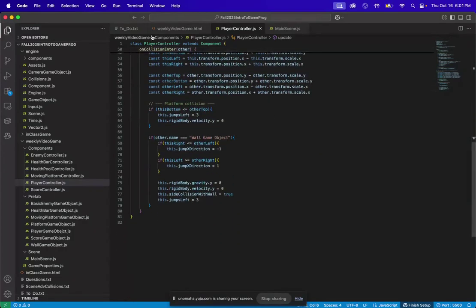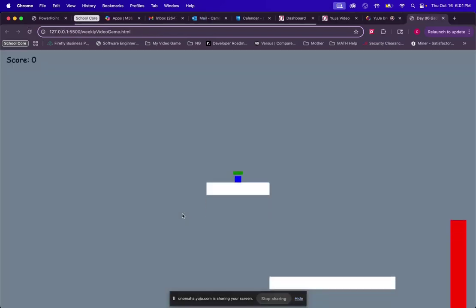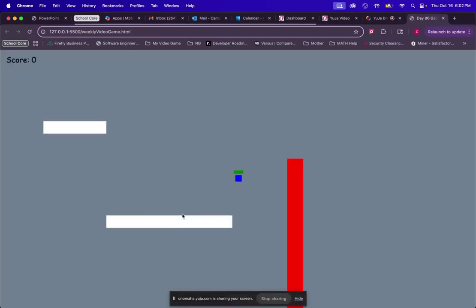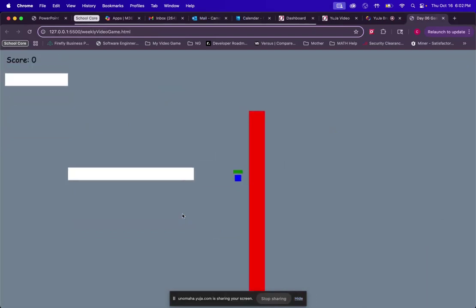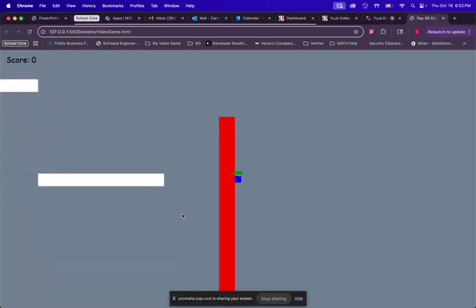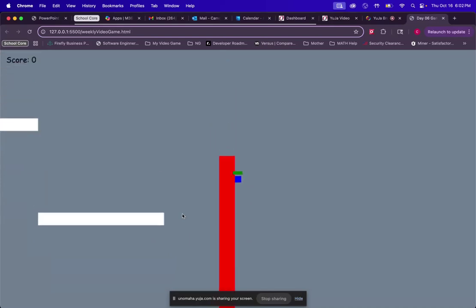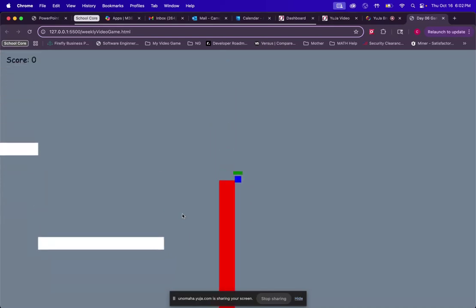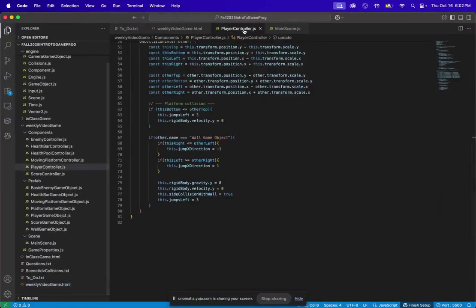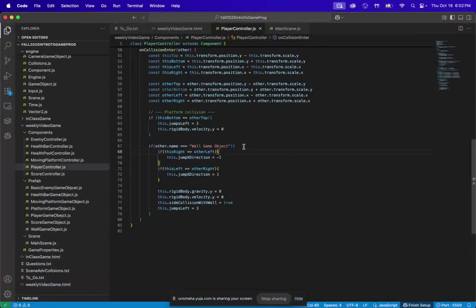So now that we have wall game object, we can put walls wherever we want. I'll probably do some more scene stuff later on, but obviously that makes sense. And now, before we go, we should also do this side. One thing you see though, if I can do it, this doesn't look correct. It's like you're hanging on the wall, but you're not really hanging onto the wall. You're above the wall. So one thing you can do is inside of here. Now, since we have everything labeled, it is as simple as hey, and if